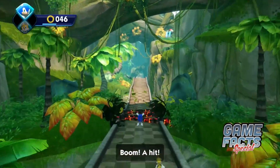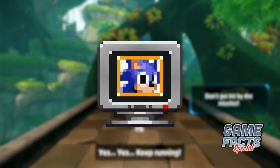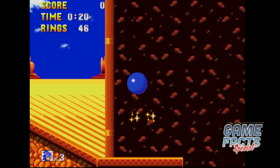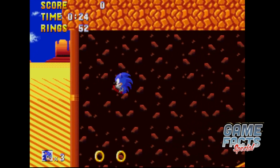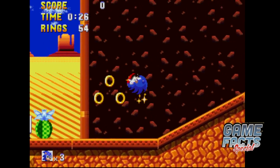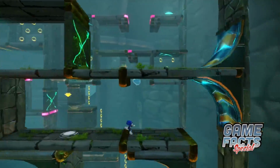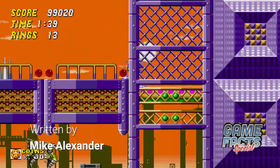Have you ever wondered why the item boxes in classic Sonic games look like computer monitors? The explanation for the screens has changed quite a bit between the comics and games, and the appearance of the item boxes themselves has also evolved over time. But if we go all the way back to the beginning, there's actually a cool lore reason for the random